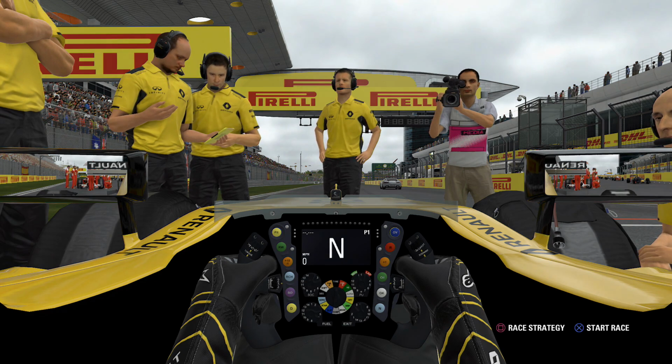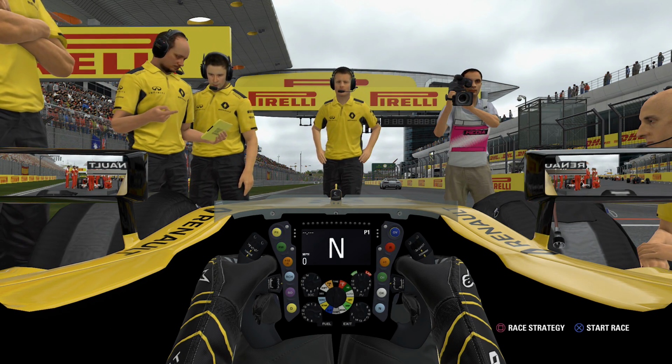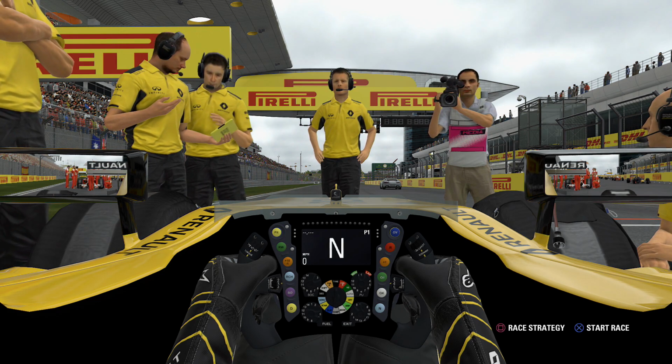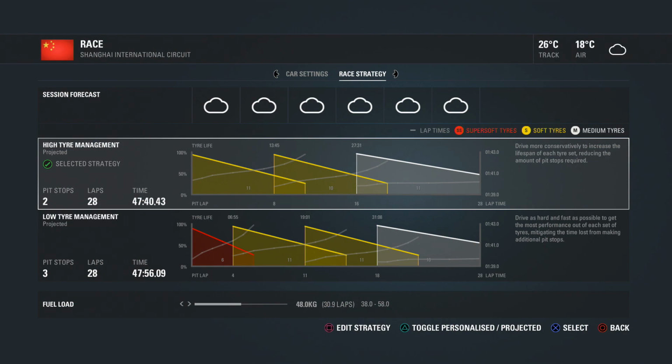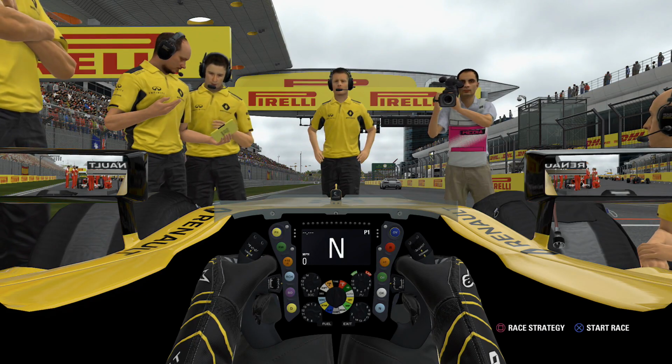Hello everyone and welcome to F1 2016 career mode in the Renault. We're at the Chinese Grand Prix this time out. As you can see, we start from the pole position, P number 1. Now if you saw our live stream of qualifying, you'll see that there are some strange circumstances surrounding that particular event, but anyway, so look at the strategy, the 2-stop